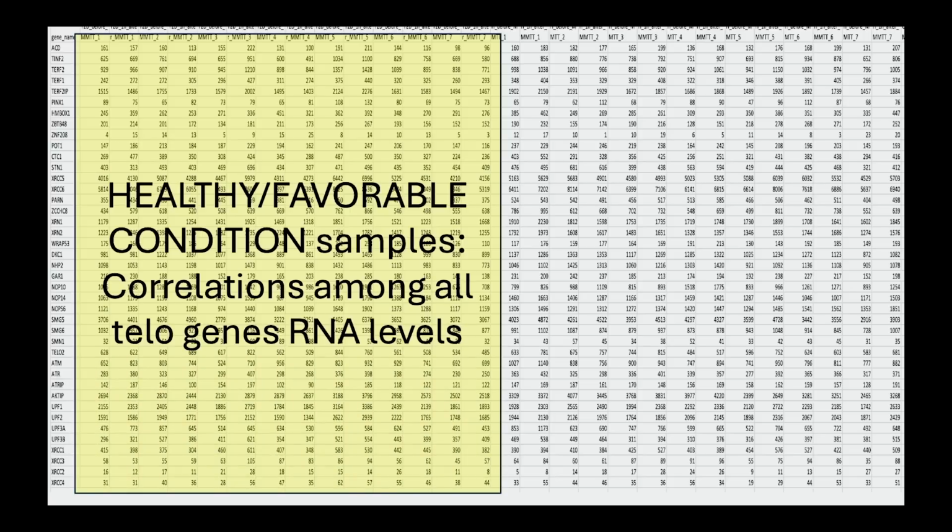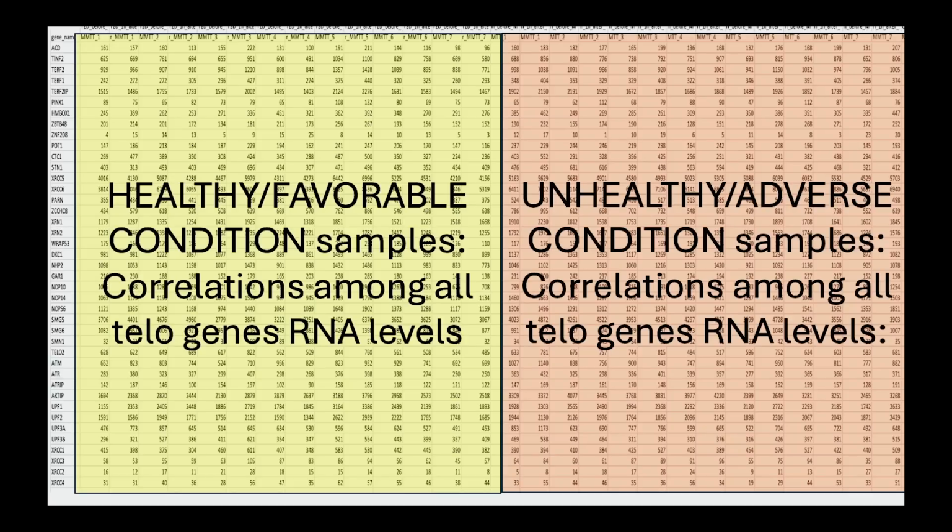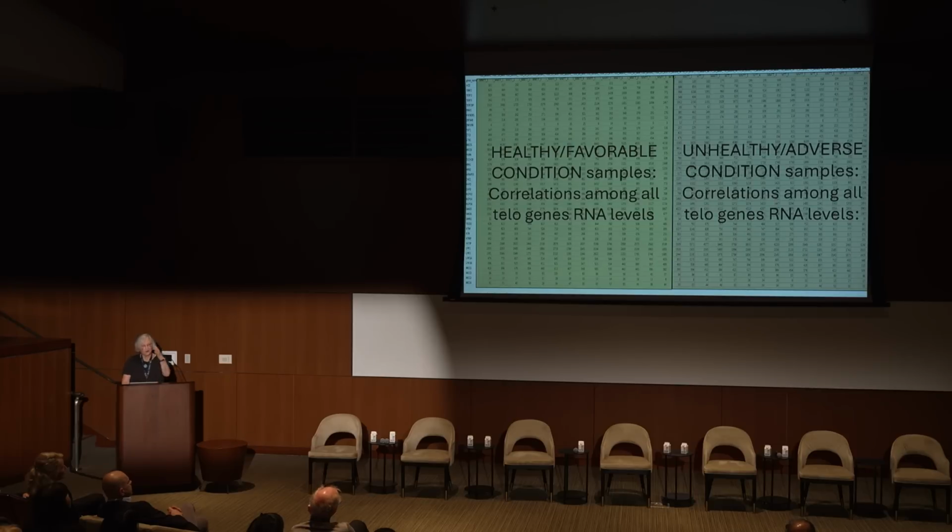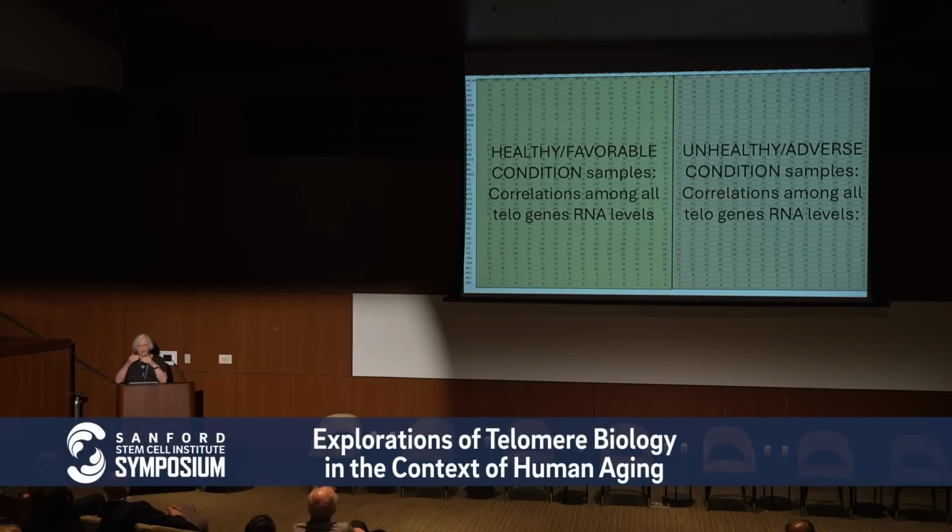I'm always going to divide them up into two groups: the individuals who fall into the healthy, favorable group, and those in the more adverse group. So it's always the healthy ones on the left, and the adverse ones pretty much on the right. Now we look at all the pairwise combinations, so we get a big 2D heat map, and then I cluster them and ask, is it different? We're looking at differences in the co-regulation of these genes, and we know that their transcription levels are critical. We've learned that from the human genetic studies.